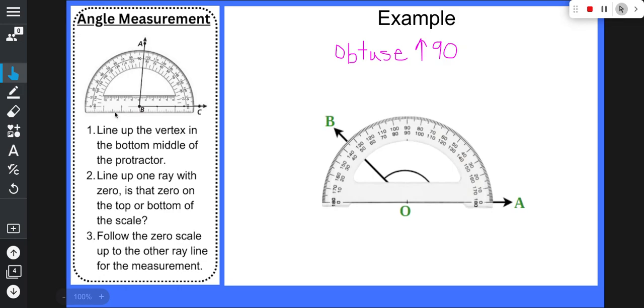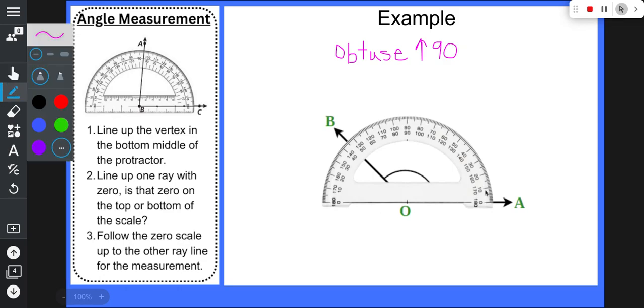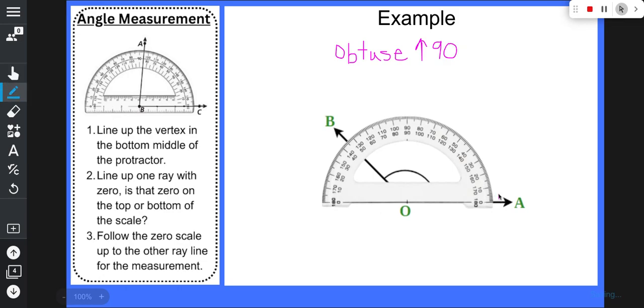We then are going to travel all the way from the A up our scale, all the way around to where it stops. And where it stops right here is between 140 and 130. If we count all these small little tick marks, we would see that that was 5. So our measurement is